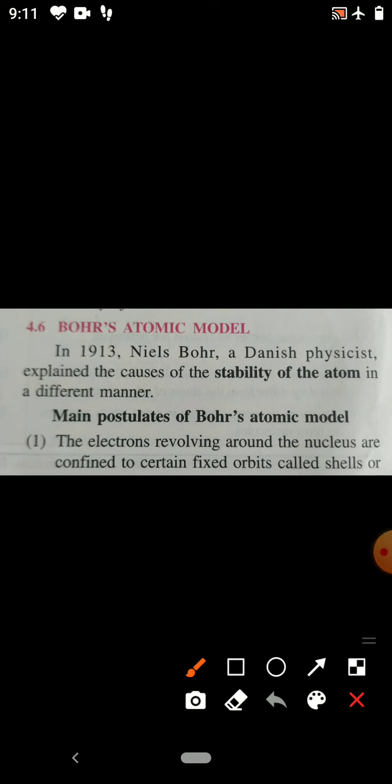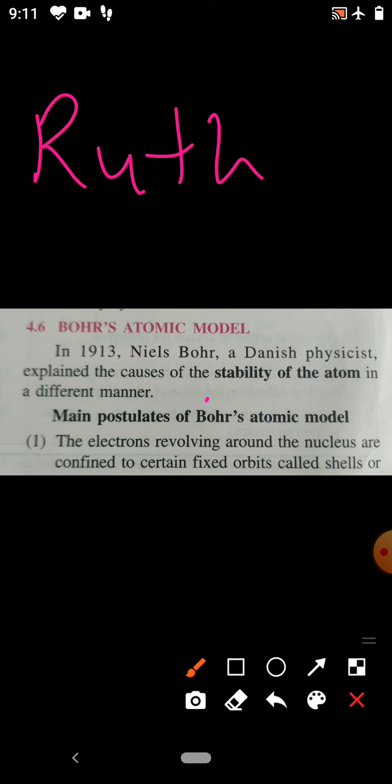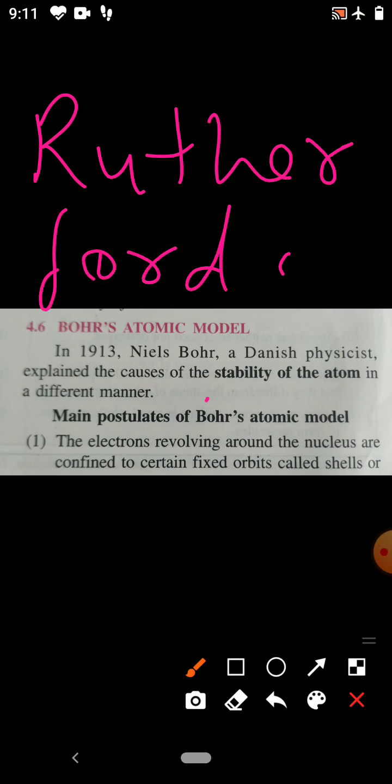Children, I am going to explain you Bohr's atomic model. You have studied Rutherford's atomic model. Rutherford proposed the atomic model. So, in Rutherford's atomic model, you have studied